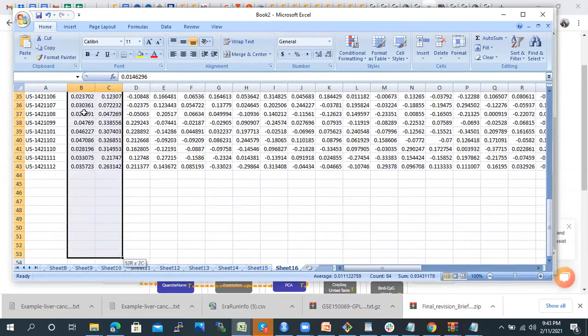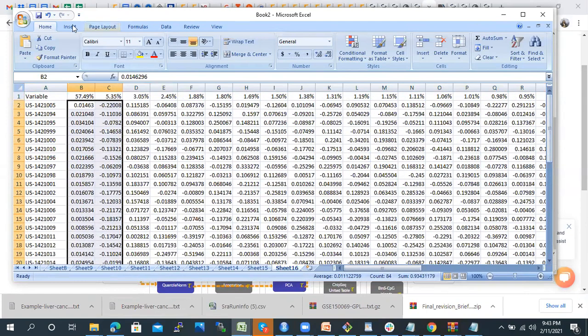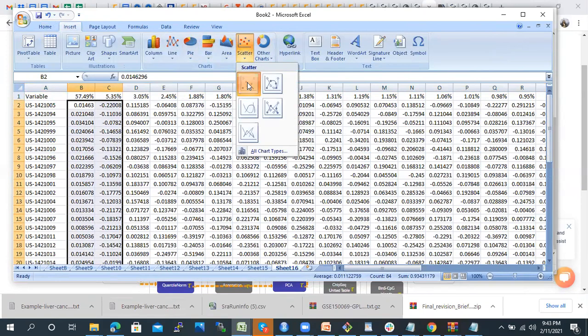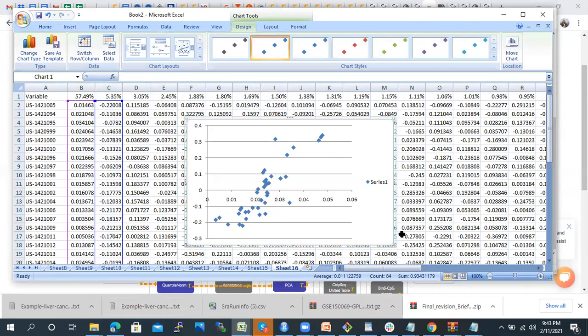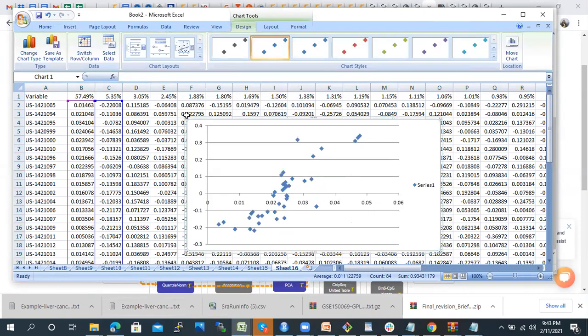So how can we plot that? If you take these components, the first and the second column, and just go to Insert, then plot a scatter plot. So this kind of plot we will get